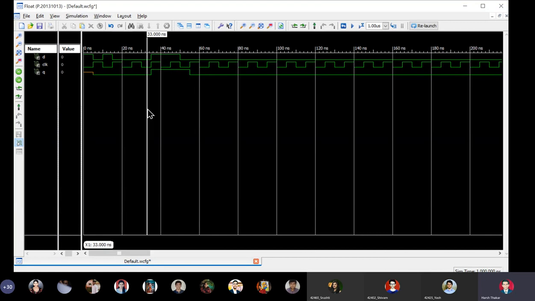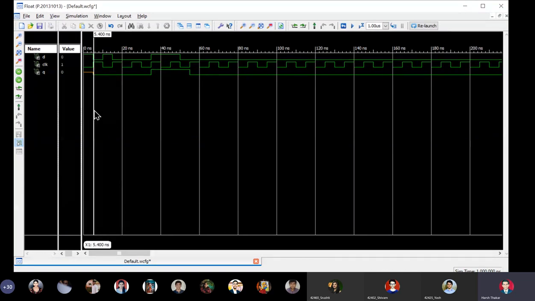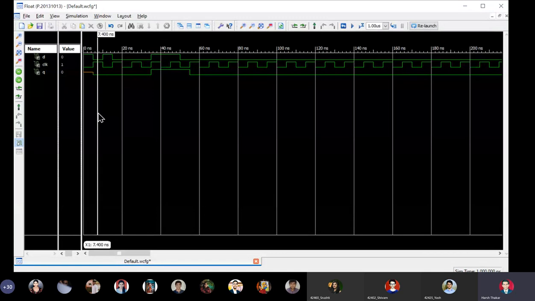If you want to cross-check the operation, we have to just go to the rising edge of the clock. At the first rising edge, it encounters D equal to 0. So now the output Q becomes 0, and then till the next rising edge, it continues 0. This is the first rising edge, this is the second rising edge. Between two rising edges, the output remembers itself. At the first rising edge, it encountered D equal to 0, it became 0, and then till the next rising edge it stays 0.